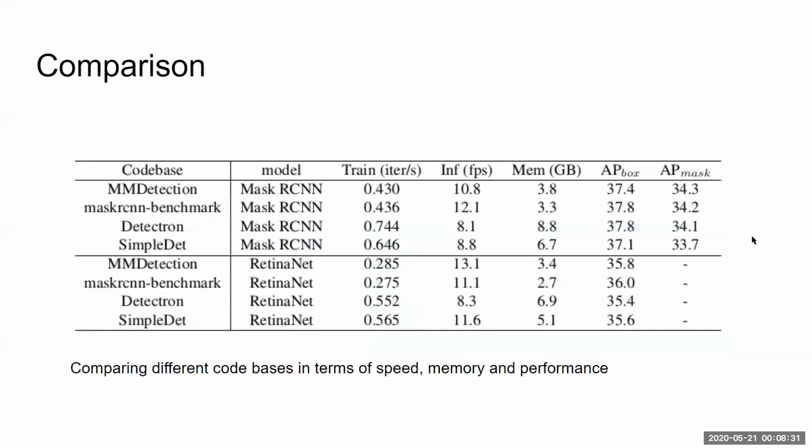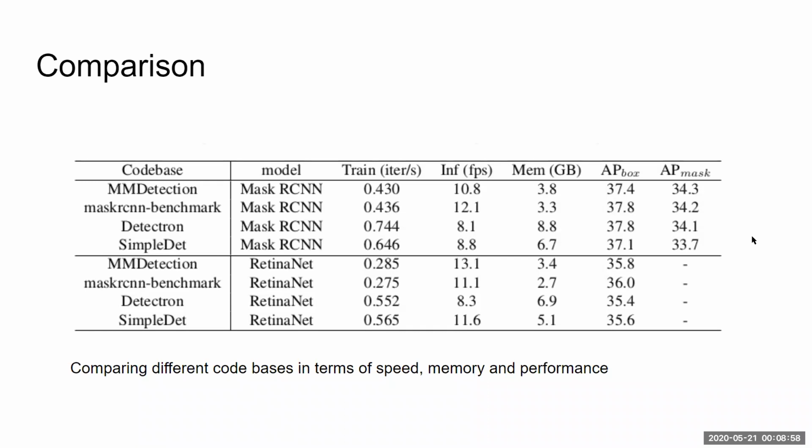Here comes the comparison of different code bases. The different code bases that they compared with are Mask RCNN Benchmark, Detectron, and SimpleDet. The paper claims that they achieved almost comparable or slightly better performance in terms of speed, memory, and average precision. If we see here, in terms of training speed,